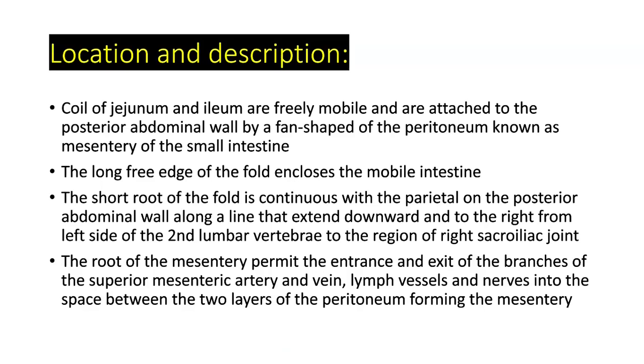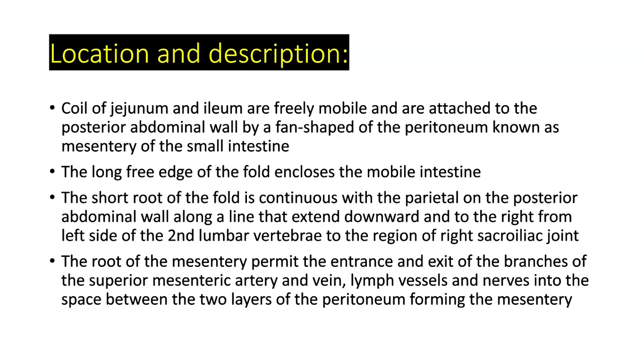As for its location, the coils of the jejunum and ileum are freely mobile and are attached to the posterior abdominal wall by a fan-shaped fold of the peritoneum known as the mesentery of the small intestine. The long free edge of the fold encloses the mobile intestine. The short root of the fold is continuous with the parietal peritoneum on the posterior abdominal wall along a line that